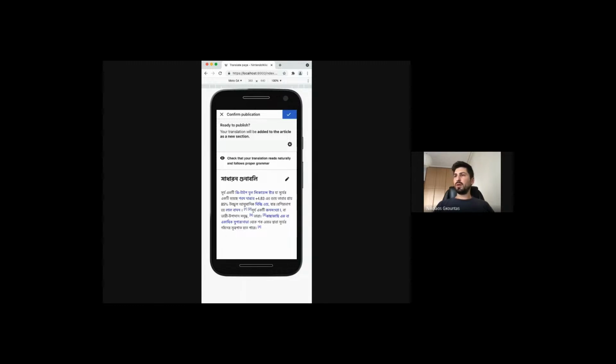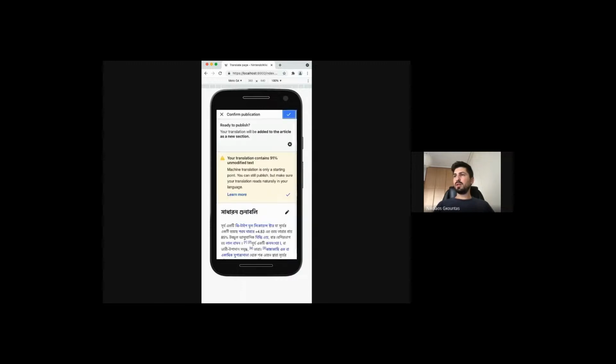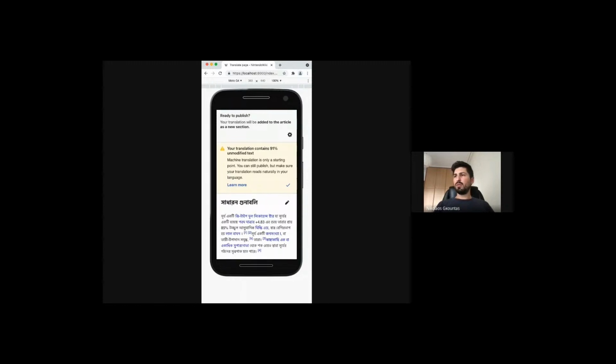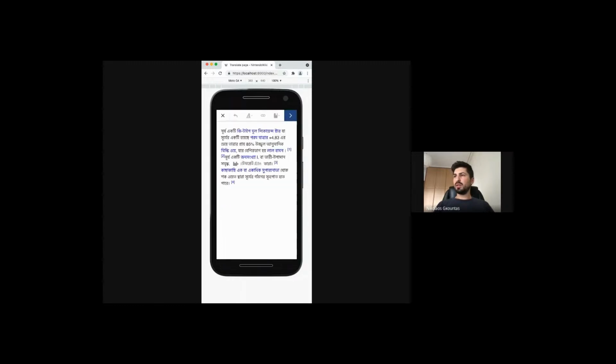and has the chance to review for the last time the contents of the section. And I'm going to publish the section as it is for now. And you can see that you cannot do that because the translation contains too much unmodified text, and this is something that is expected, because machine translation is never perfect, and the user should always modify it a little bit. So I'm going to modify